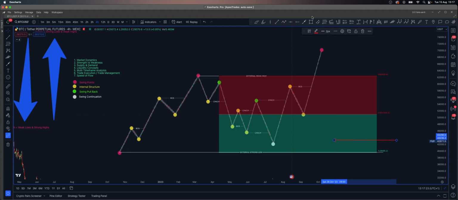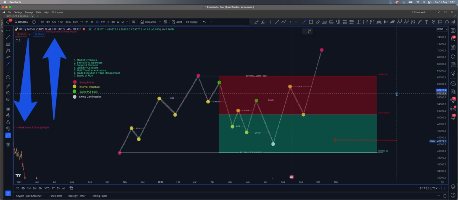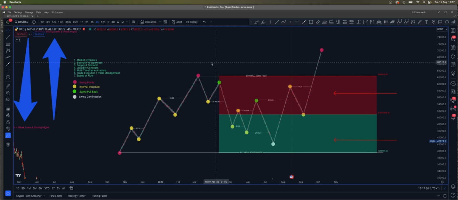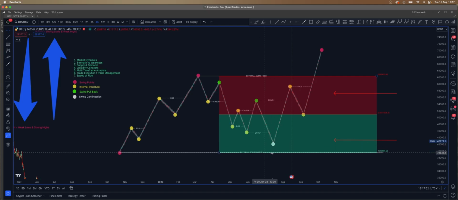But remember, you would say, well, surely up here is where you want to take trades for short, right? That's not strictly true, because if you are taking trades to short at this zone, what do we always expect to happen? We always expect the external weak high to break. And so taking short when we're coming up to this range when we are bullish is not a good idea, right? That's rule number 2. Understanding the difference between the weakness and the strength. Trading from a sign of strength always trumps trading from a